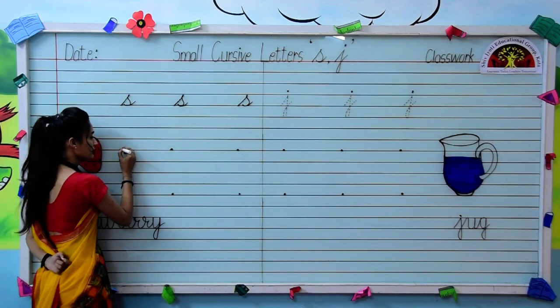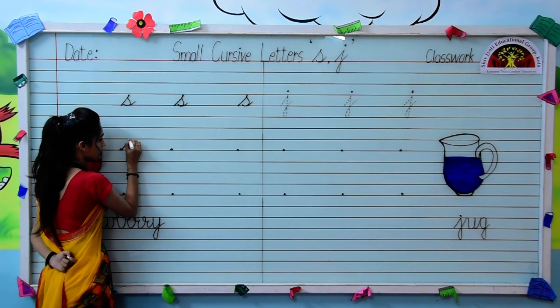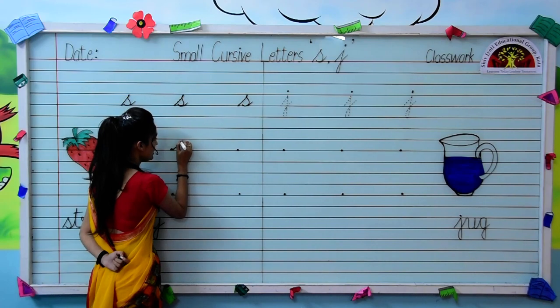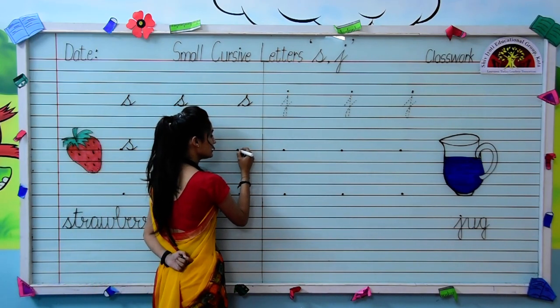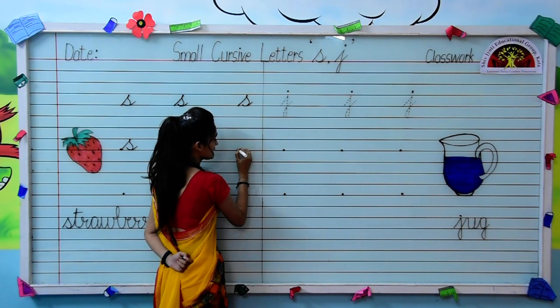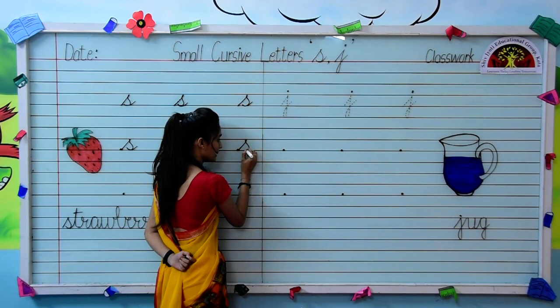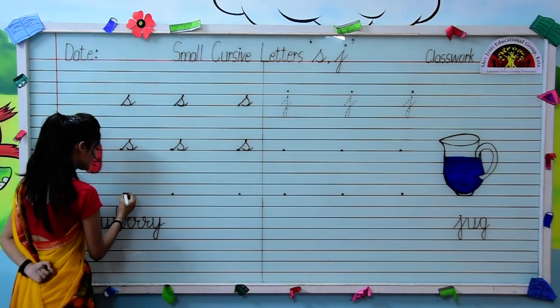Look over here once again. We will see on single dot now. Slanting line up, make a loop, make a curve, touch the third line and out like this. Okay kids? Now look over here, pay attention kids. Slanting line up, touch the second line, make a loop, make a curve, then touch the third line and out like this. Very good kids, write very neatly in your preset book.